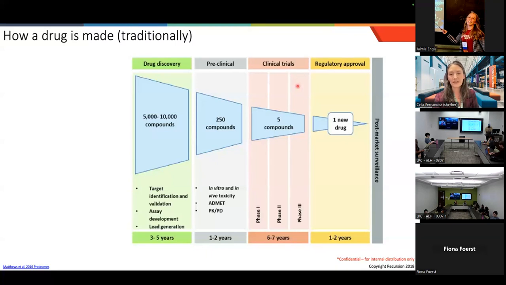Finally, phase 3 is just sort of narrowing everything down, figuring out what your dose is going to be for your final drug, and what your recommended dosing regimen is going to be, right? Like, do you have to give infusions once a month or once every 6 months? You have a bunch of regulatory people checking all of this out, making sure everything is safe. You've got enough data to make a good conclusion.